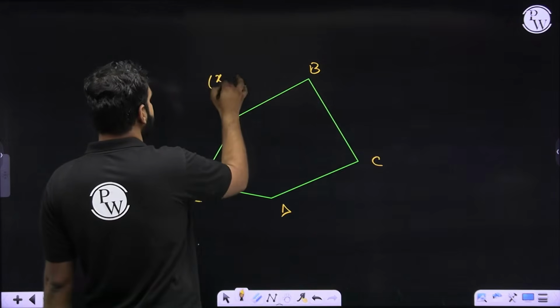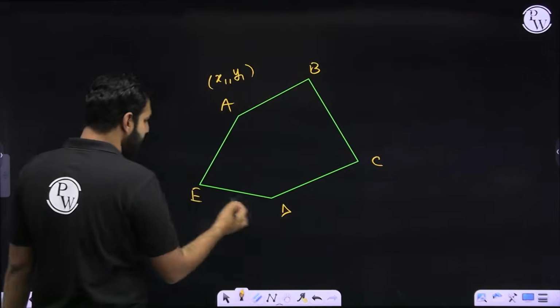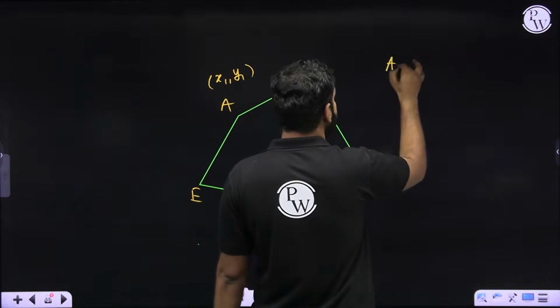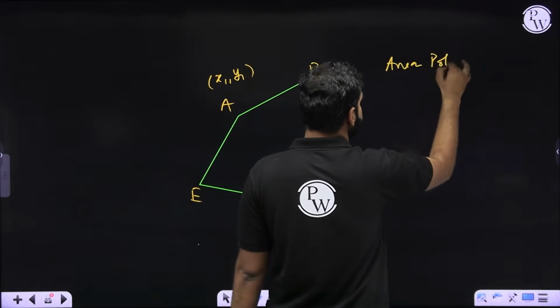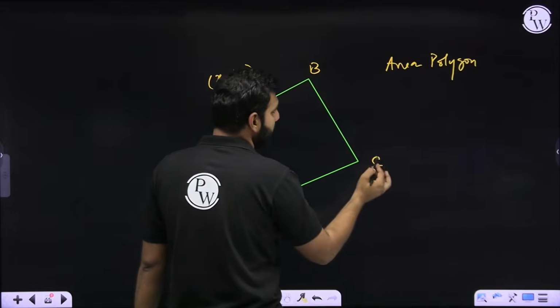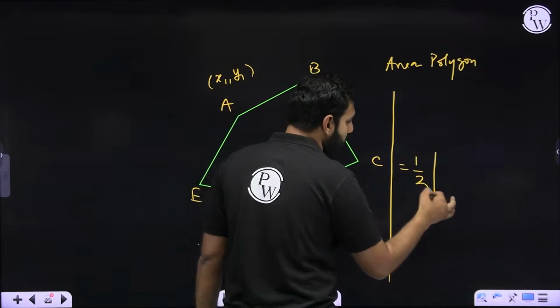So let's say vertex A has coordinates x1, y1, B is x2, y2, C is x3, y3, D is x4, y4, E is x5, y5. So let's say I wish to find the area of this polygon, this pentagon. How do we do it? So the stair method says take half of modulus of